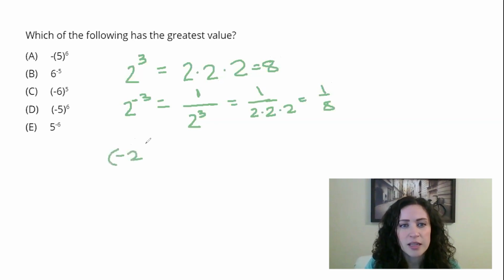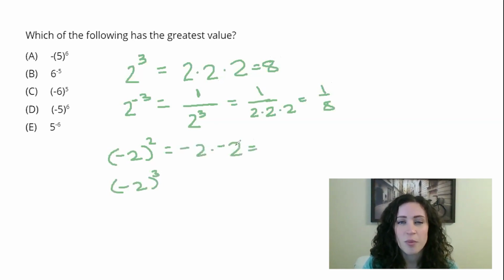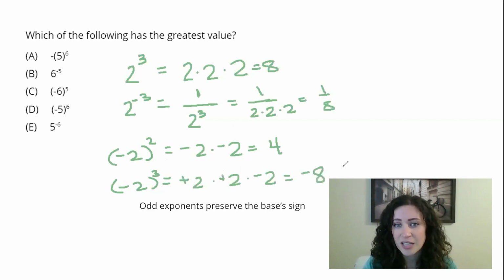The other scenario you see in this problem is a negative base number, and you'll see it with both even exponents and odd exponents. With an even exponent, you may recall from the past that a negative times a negative actually equals a positive, so you'll end up with a positive outcome. With an odd exponent here, however, you have 2 of these that cancel each other out. You still have 1 remaining negative though. So in this case, you do still have that negative outcome.